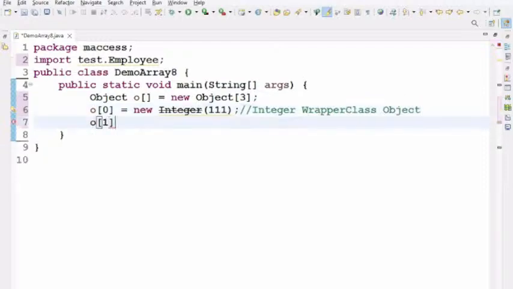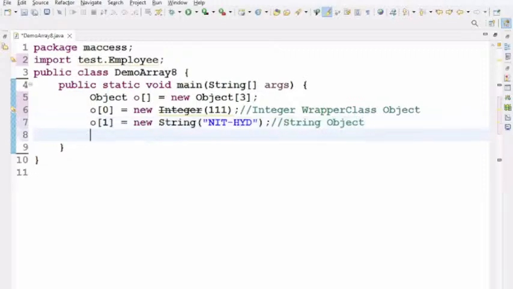O of 1. I'll add one string object. String, double quotes, NIT, some HYD. Roughly one string object. One string object means the object class is holding one integer object, one string object, one user defined class object. New